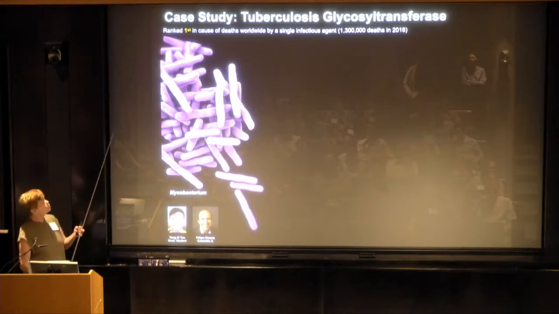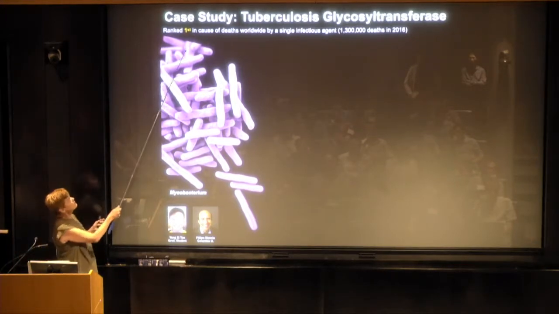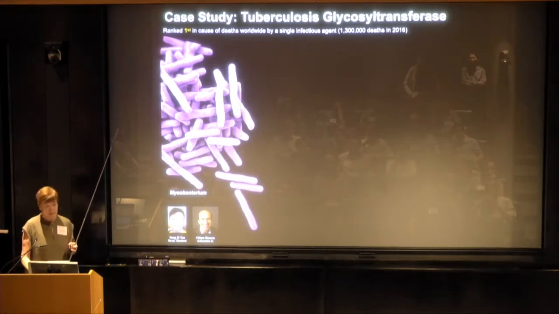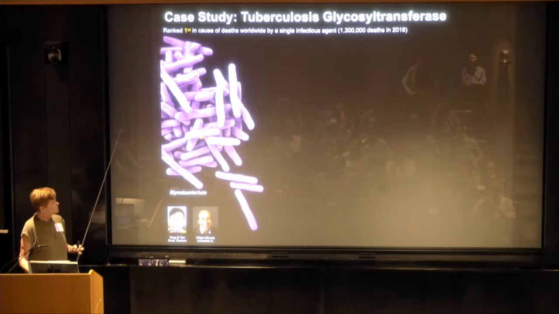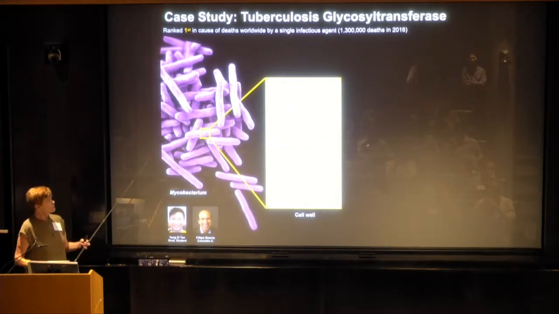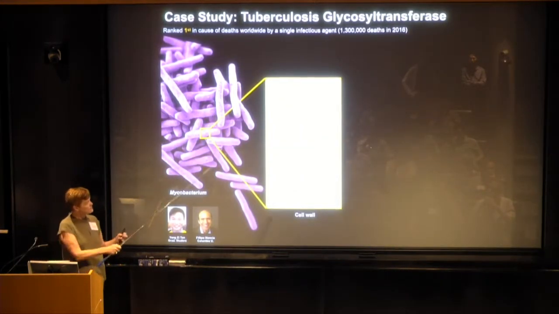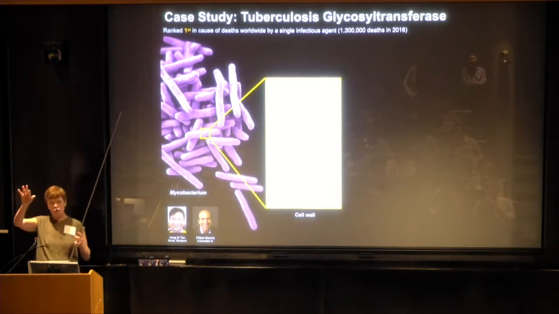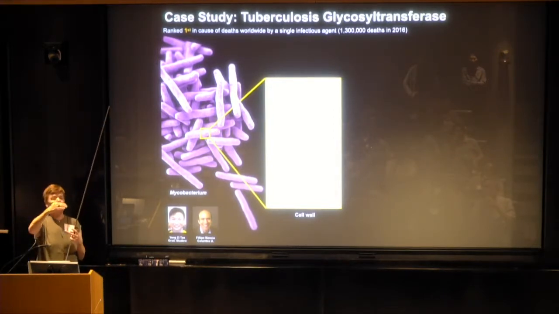Tuberculosis is a real scourge. In fact, it's the number one cause of deaths worldwide at the moment. So it's very important to understand how to attack the bacterium. The reason tuberculosis escapes our immune system is that the bacterial wall consists of a very complicated system. It's got two lipid bilayers, and it's got a gigantic, sugary protective layer